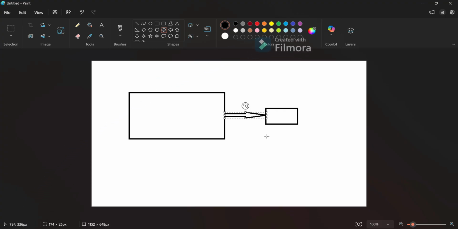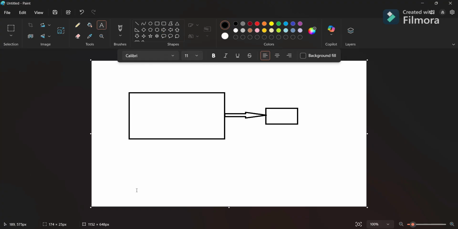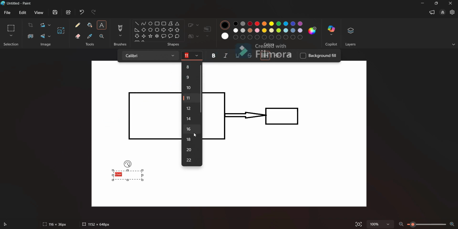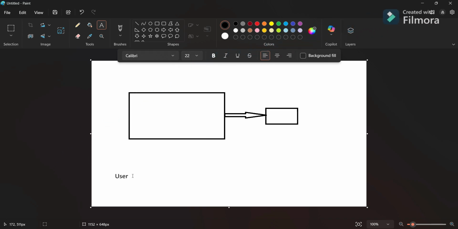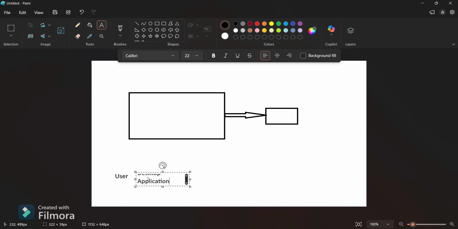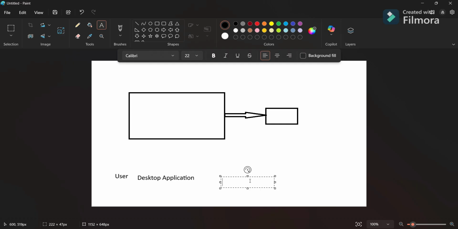So the flow is: user, then desktop application, and then database.